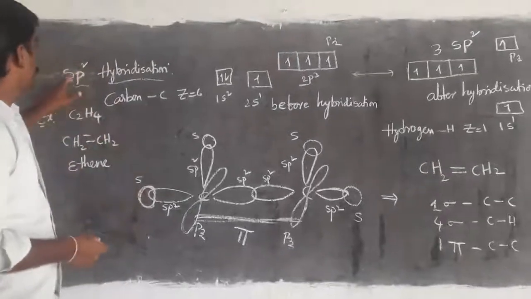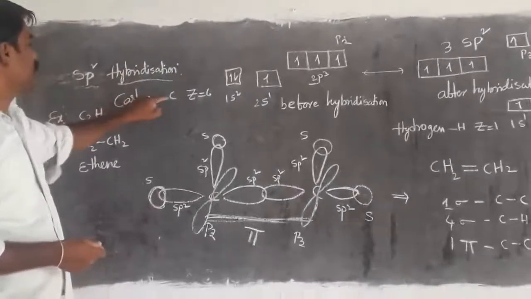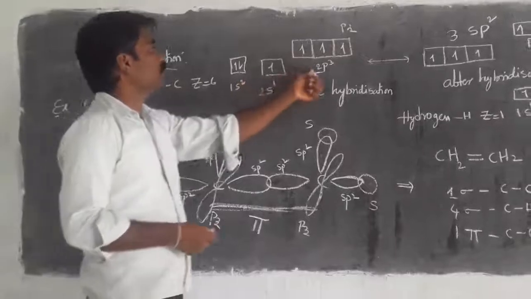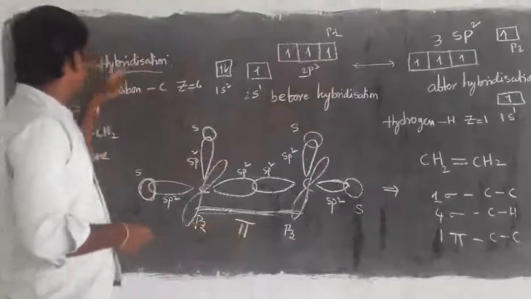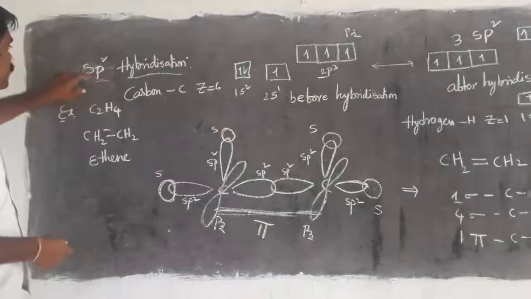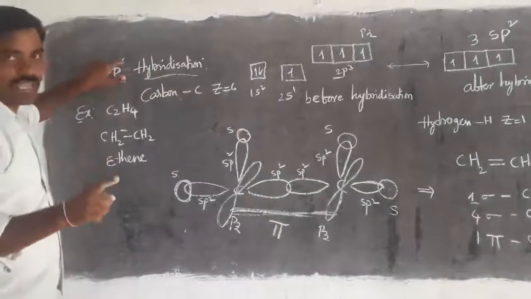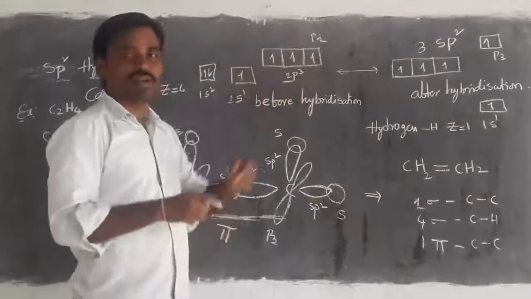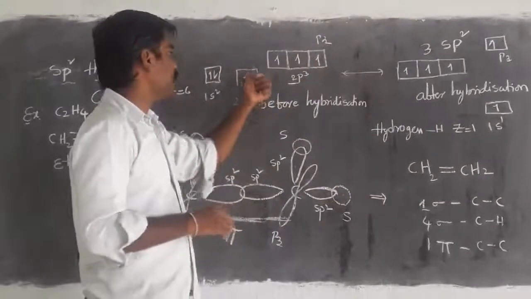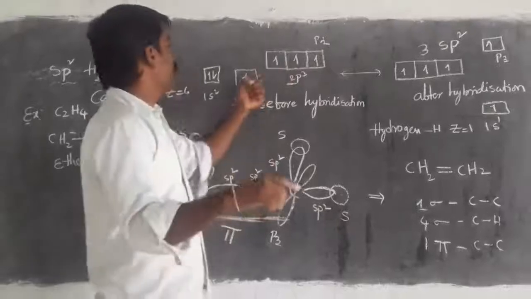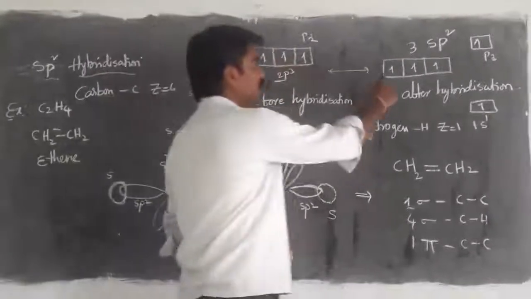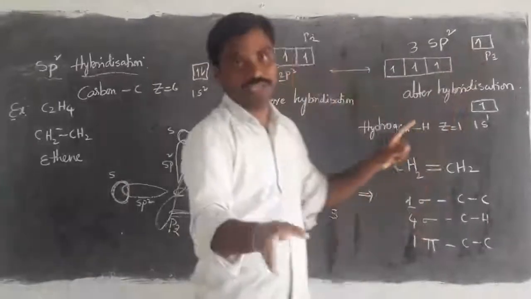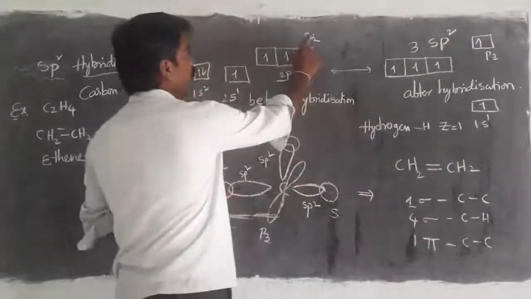Now we are going to discuss sp2 hybridization. For that, the carbon configuration in the excited state is 1s2, 2s1, 2p3. In this condition, the hybridization is participated in by the 2s orbital and 2 p orbitals. See the condition? Here 2s1 is there, 2p3 is there. Total number of unpaired electrons, meaning single electrons, is 4. But of those, only 3 participate and 1 does not. The non-participating orbital is